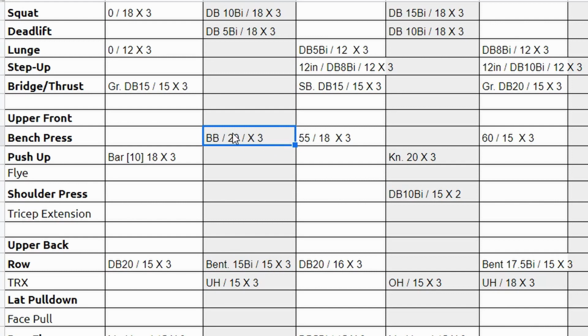Again, on this day, it was the first day that she had done it in a while, so it was a lot of form work. We pretty much knew at this point that in the next session, we would add some weight and reduce the number of reps. And that's exactly what we did. So in the next session, we went up to 55 pounds and we did 18 reps 3 times. Now, she was close to failure on this one, and that's okay.